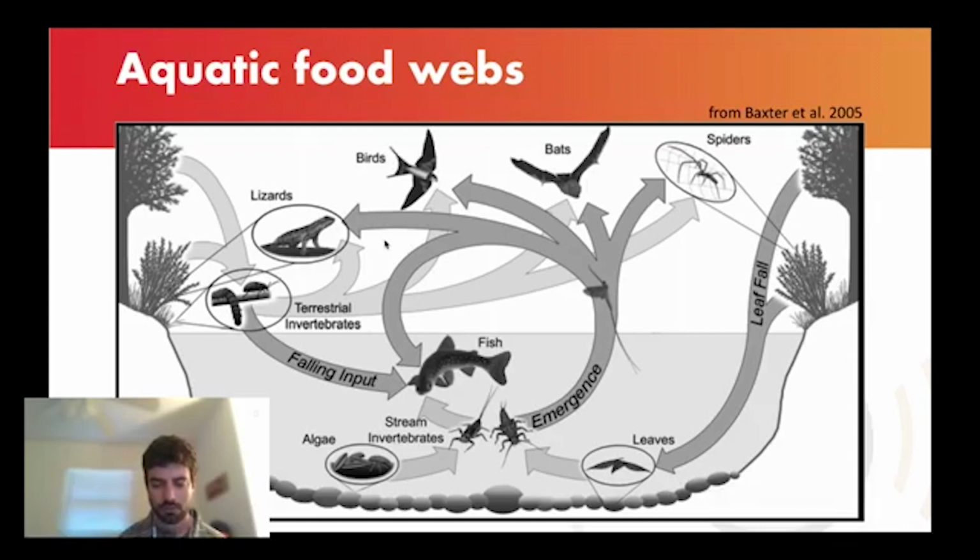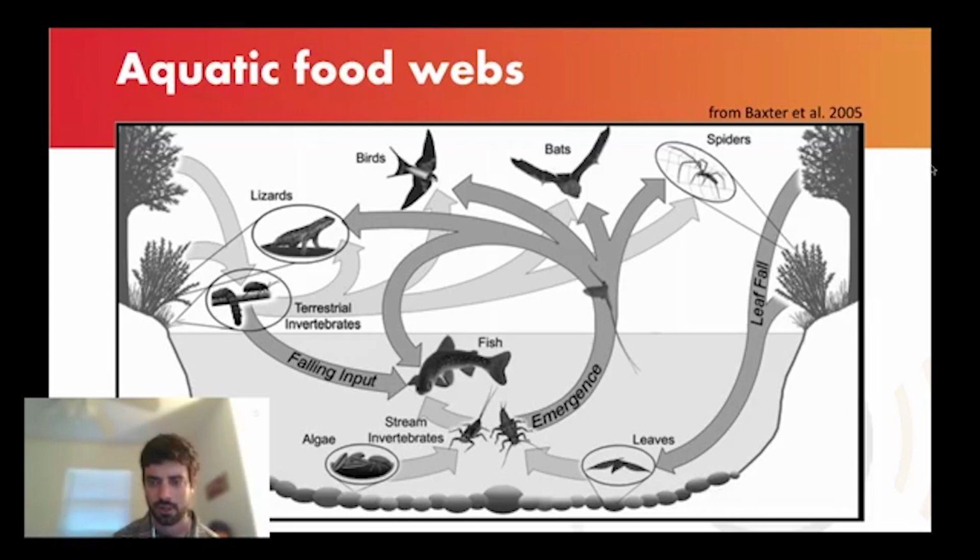So what feeds on the algae and what feeds on the leaves? We have these stream invertebrates, tending to be insects. Algae grazers, things such as snails, could also be eating a lot of algae where algae occurs. But you'll have these freshwater invertebrates, such as these aquatic insects. In this diagram, we've got mayflies and stoneflies.